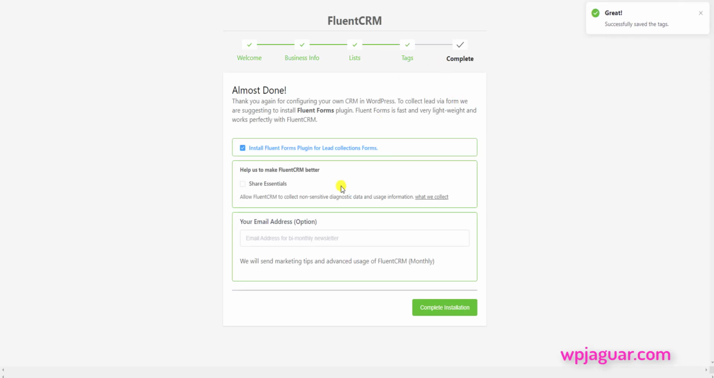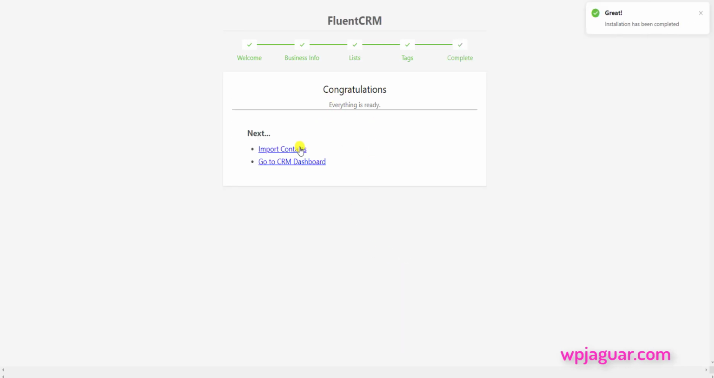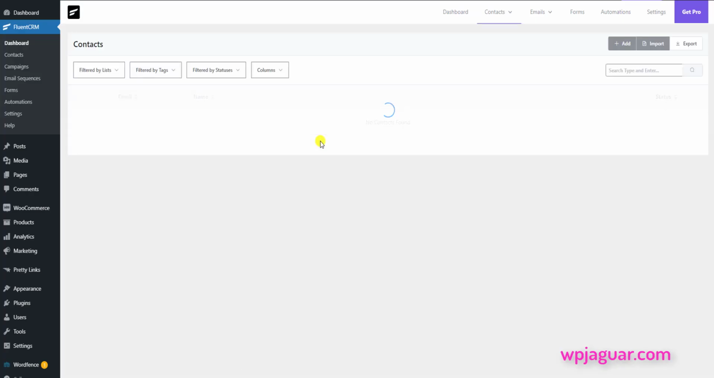Here, it asks me whether I need to install FluentForms or not. But I will choose not to install it now. Here, it asks me to enter my email, but this is optional. Then, press Complete Installation. Congratulations, your FluentCRM dashboard is installed successfully, and now, let us see how to add or import the contacts to